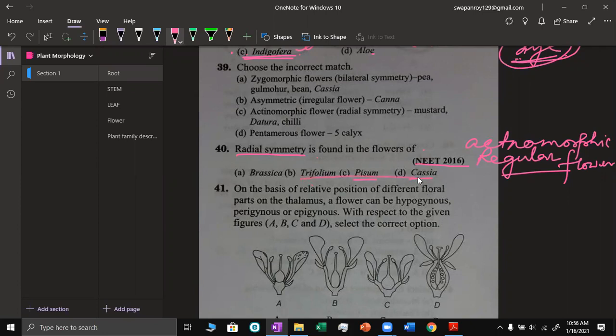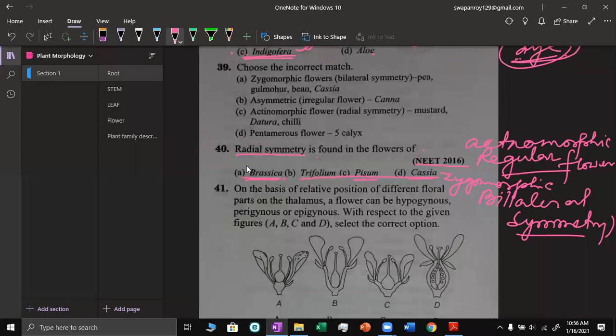All these three are zygomorphic, with bilateral symmetry. Only Brassica, belonging to family Cruciferae, has radial symmetry. Right? The next